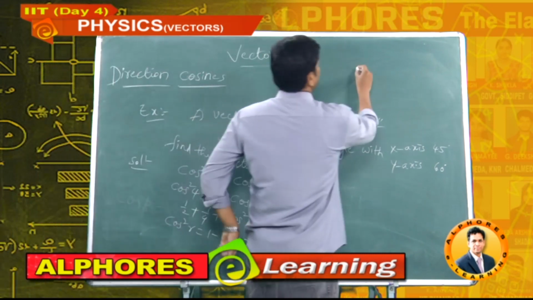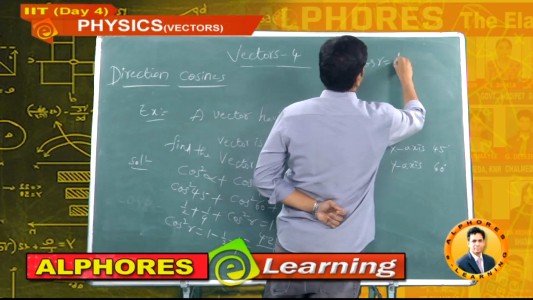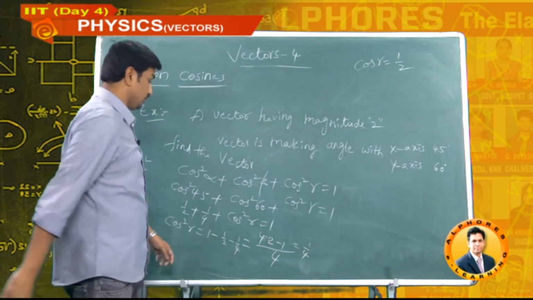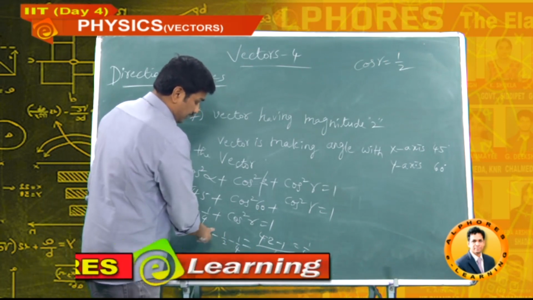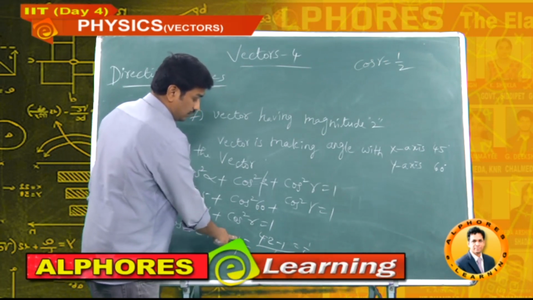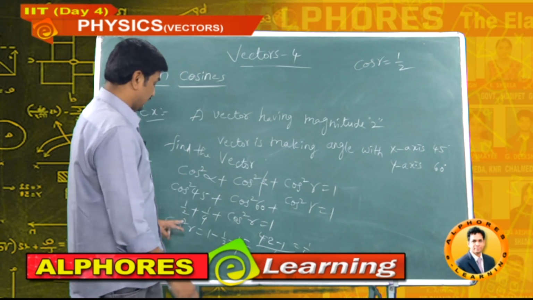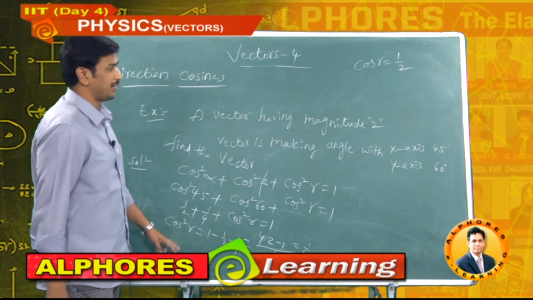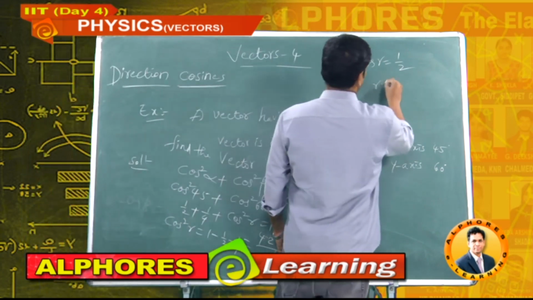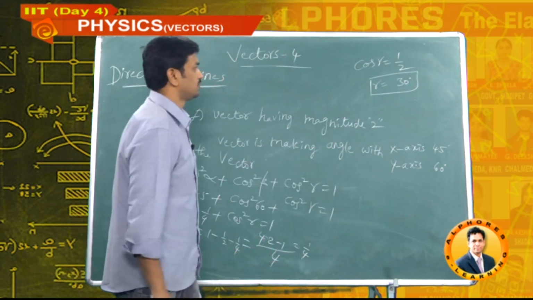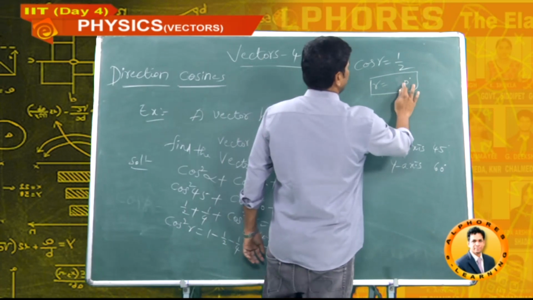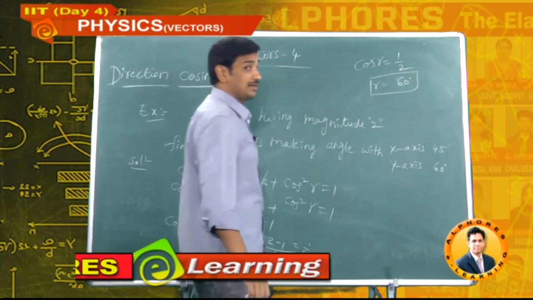Now what about cos gamma? Cos gamma is 1 by 2. Here, after making simple calculation with LCM 4, 4 minus 2 minus 1, it's a 1. Now I got the value 1 by 4. Here square is there, so cos gamma is 1 by 2. What is the gamma value? Gamma value 30 degrees, sorry, 60. Cos value 1 by 2, so gamma is 60.